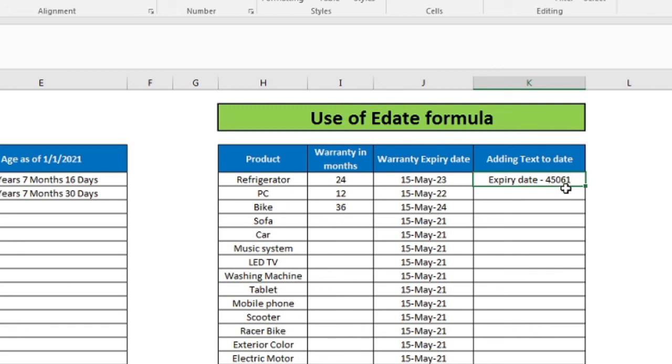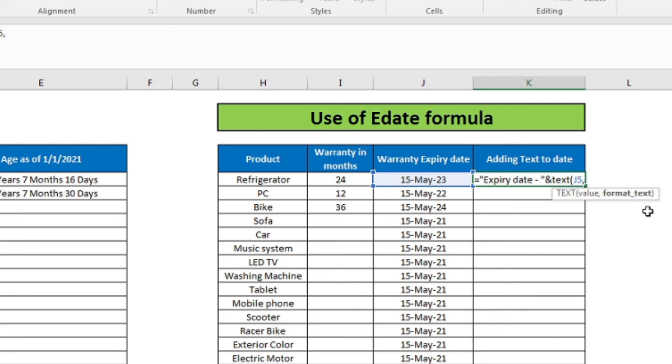Why is it not giving me the correct result? Because this particular date is taken as a number over here. So I cannot use the cell value directly. I need to convert this cell number into text. So for that I will use the function called TEXT. Open bracket. Now what is it asking? Value, format text. So value is what needs to be formatted. So comma, J5, that is this particular cell, comma, and what is the format I want to use?